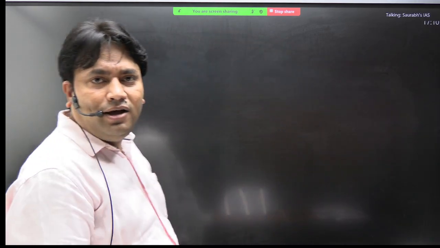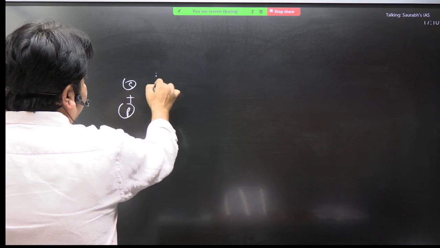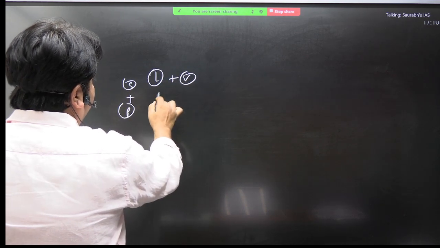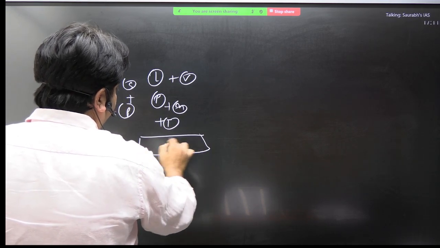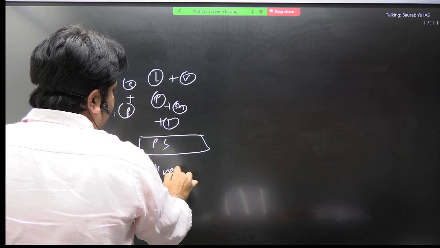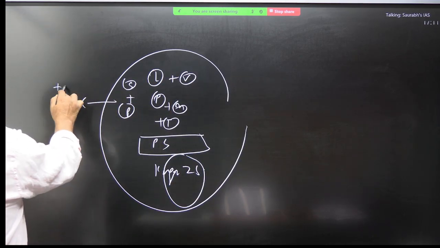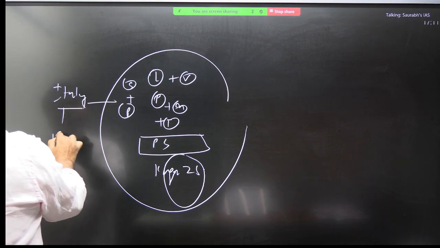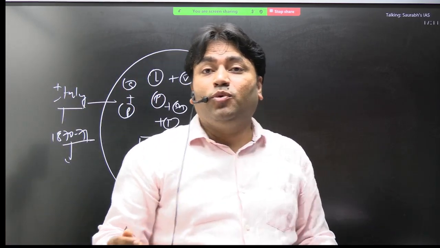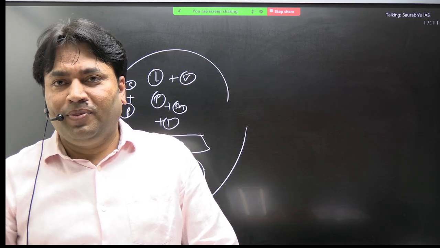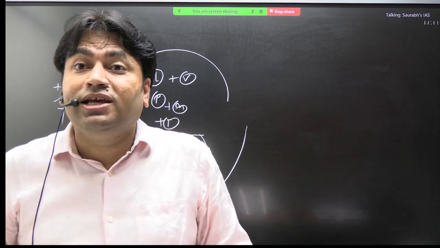Right? Is it clear? Now Italy means what? Sardinia plus Piedmont. Now Italy means what? Lombardy plus Venetia. Now Italy means what? Parma plus Modena plus Tuscany. Now Italy means what? Papal states. Now Italy means what? Kingdom of two Sicilies. This is what? Italy. So what we see that in the year 1870-71, the birth of a new nation on the political map of Europe. And that is one of the most significant events of 19th century.